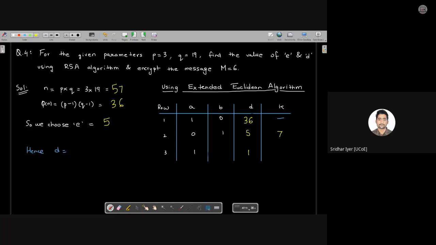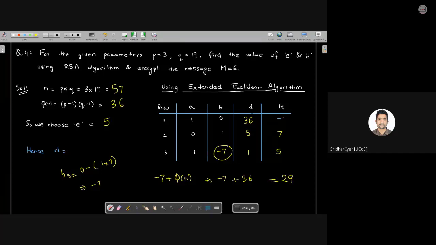Yes. Next up, solve it. What will be this value? What is the value of B3? You only tell me. B3 will be B1 minus B2K2. 1 into 7 minus 7, right? It is minus 7. And what is this? This is 1, 5s are 5. So again, we are getting a value of D as negative. What we need to do? We simply need to apply phi of n to it to make it positive. So it becomes minus 7 plus 36, that is 29. Clear now? So your D value is 29.